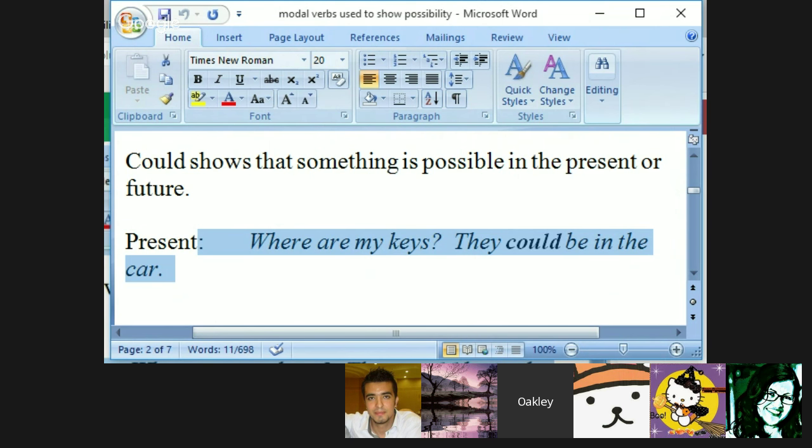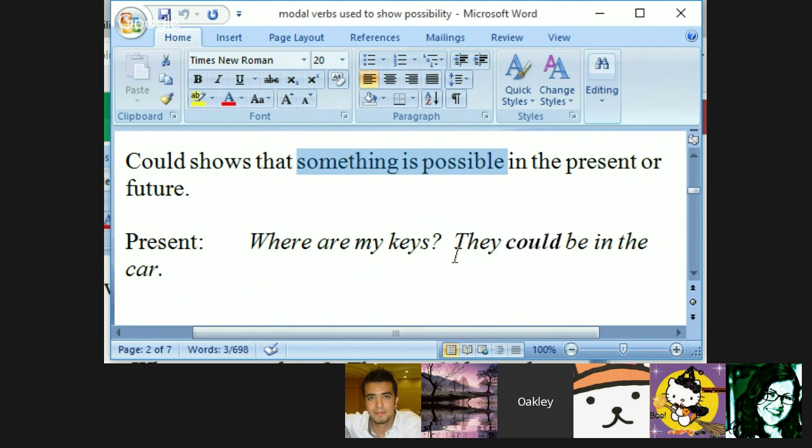All right, Sam, what are the odds that the keys are in the car? Like might or may, depending on how you say it, it's basically 50-50. How about could? What is the probability? It's about 70 or 80%. It's a trick question, Sam. I'm messing with you. In reality, when you use could, you're just saying it is one of many possibilities. There really is no way to give it odds.